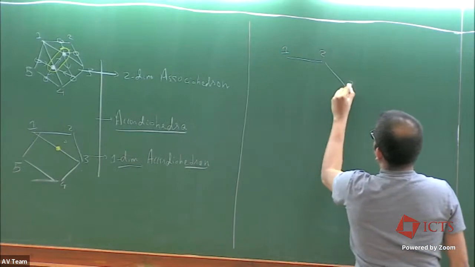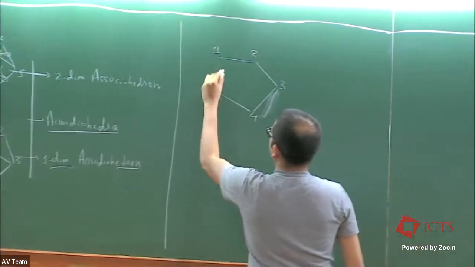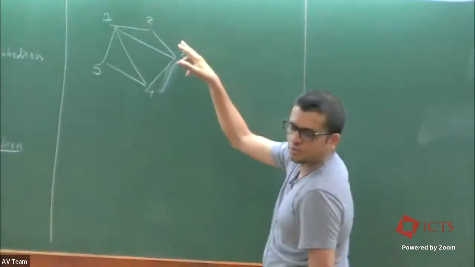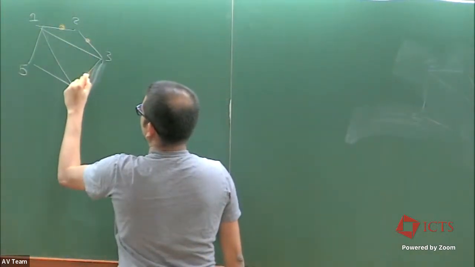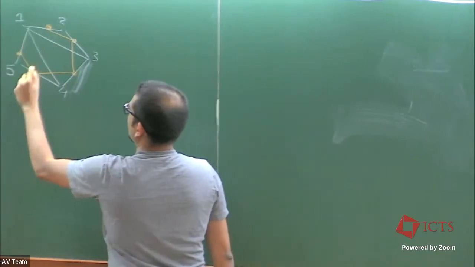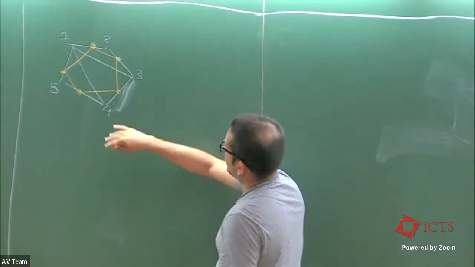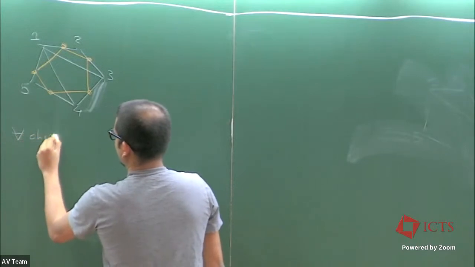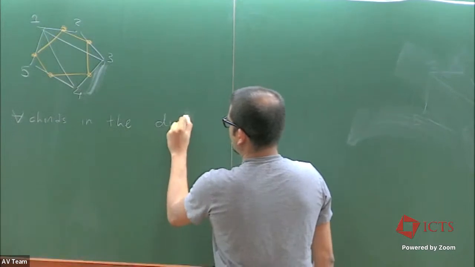So we just start with this, and now what I'm going to do is draw a dual polygon to this one. So let me just draw it. Now let us look at, so all we have to do is consider all chords in the dual pentagon,